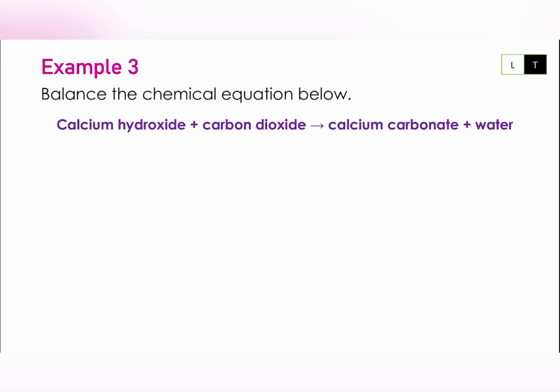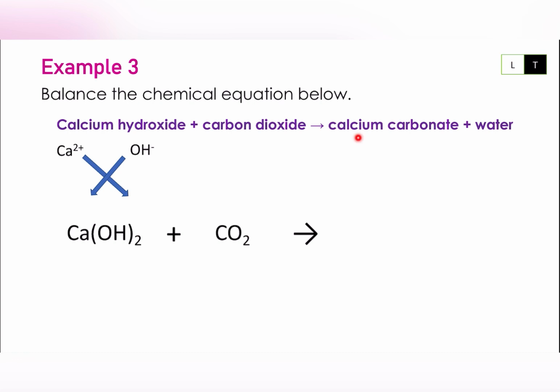For example, I'm going to determine the formula for calcium hydroxide. So calcium ion is Ca2+ and hydroxide ion is OH-. So when I do cross multiply, I will have Ca(OH)2 as my chemical formula for calcium hydroxide. And then I have plus carbon dioxide. I suppose everyone should know the chemical formula for carbon dioxide is CO2, which produces